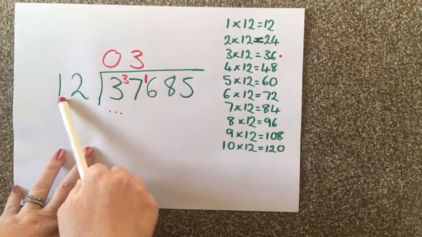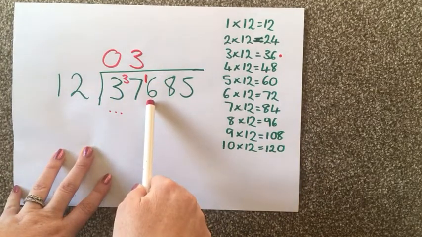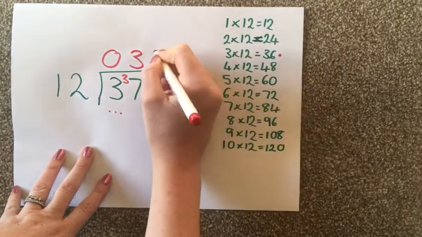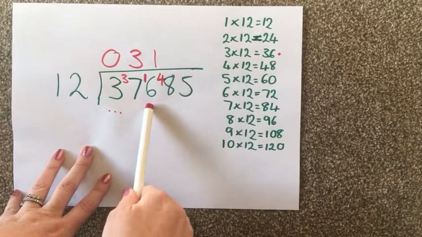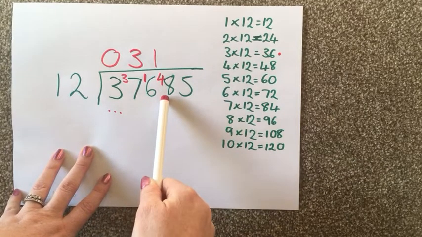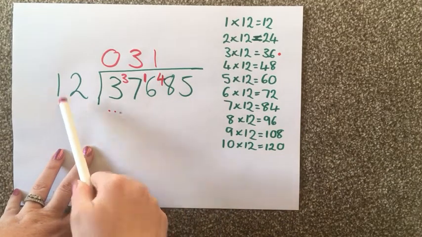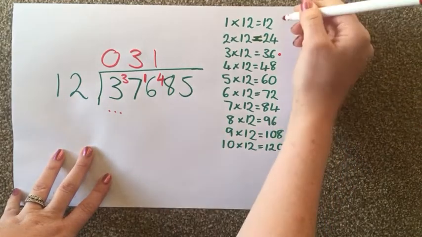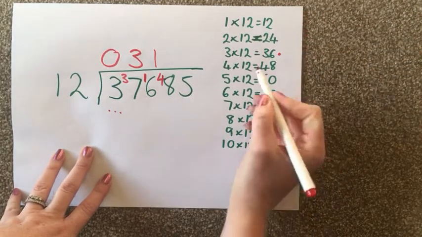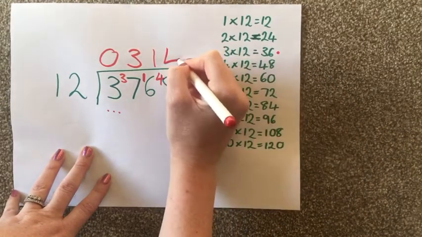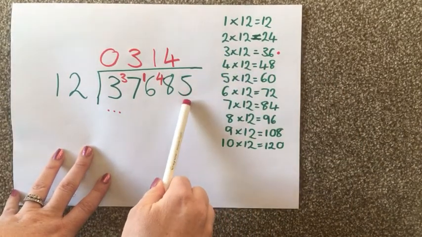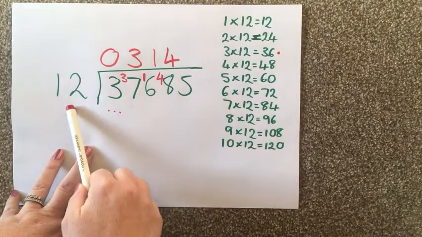Now I'm asking, how many lots of 12 can I get out of 16? Well, it's just 1 lot, which would be 12, meaning I have 4 left over because my number is 16. Then I've got 48. How many lots of 12 can I get out of 48? Looking down my list, if I wasn't sure, I can see that 4 times 12 is exactly 48, so nothing left over there. So I put in my 4, and I'm finally asking, how many groups of 12 can I